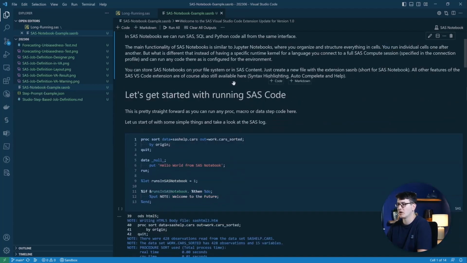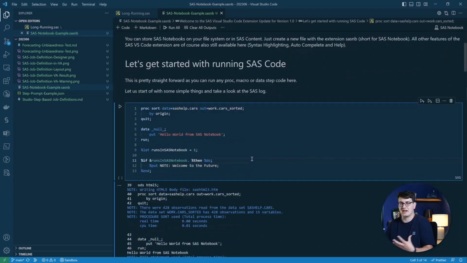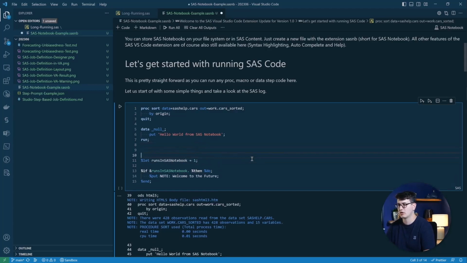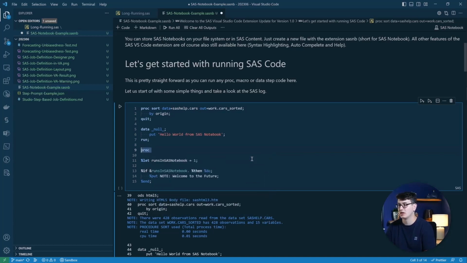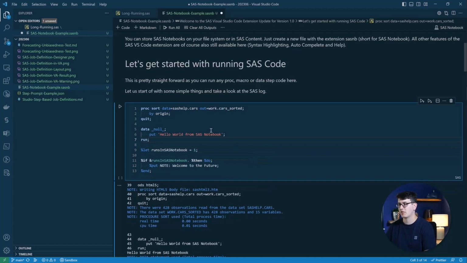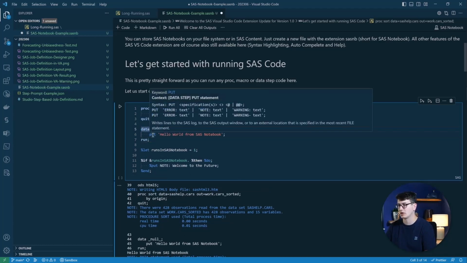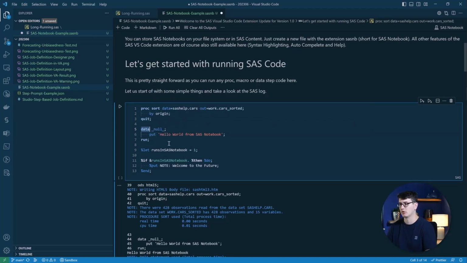And then we will see standard SAS code in here. Of course, when you write SAS code here, you get the same nice syntax highlighting, you get the autocomplete help, and also the on hover help suggestions that help you understand the code that is going on, to more easily write and understand SAS code.